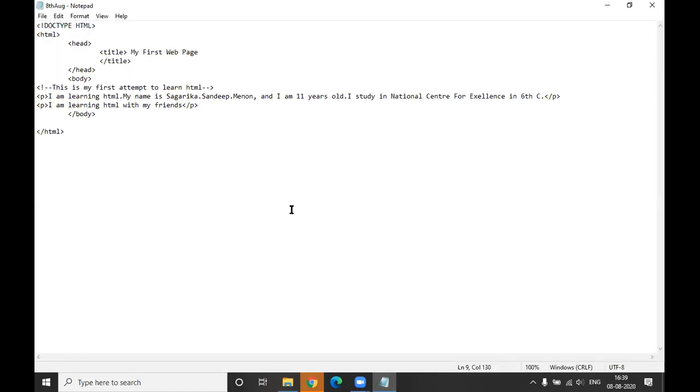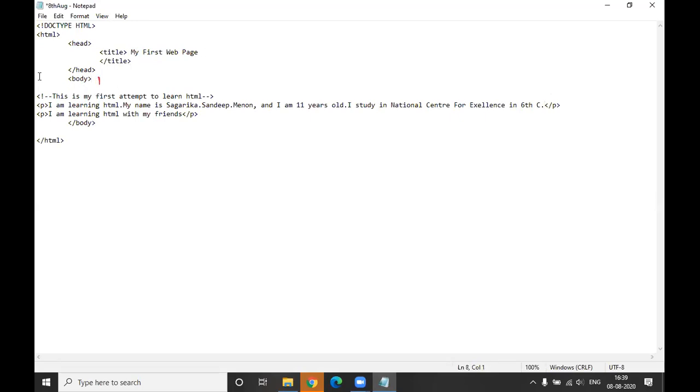So now when you are building your web page, you want a heading to be on the very top. So what you will do, after body, hit enter. And you will have a tag which says h1. Yes, and then you will have an h1 closing tag. So you'll have a heading tag.